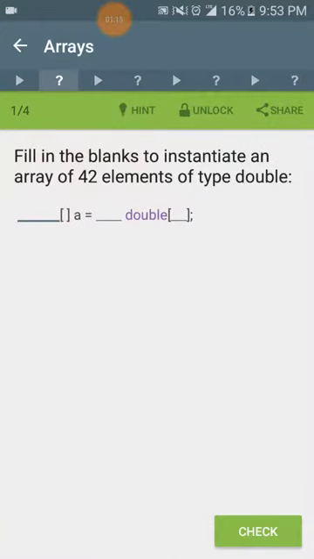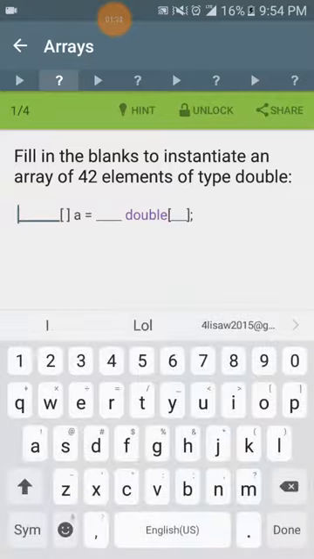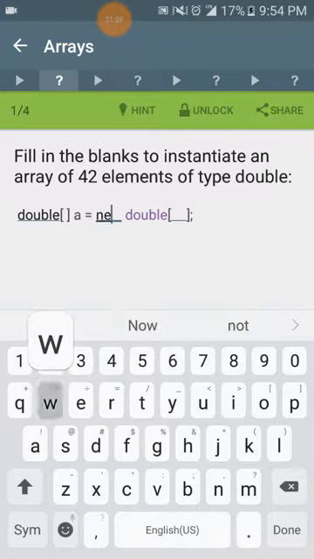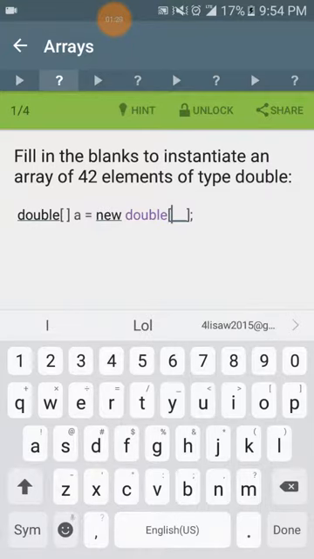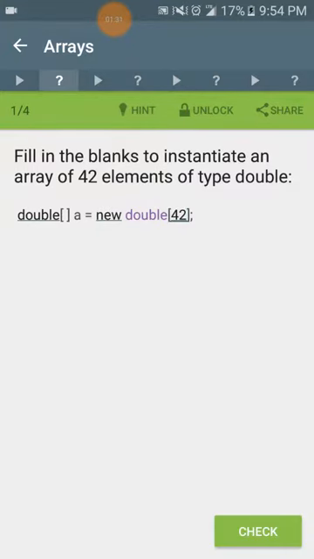Fill in the blanks to instantiate an array of 42 elements of type double. double[] A = new double[42];